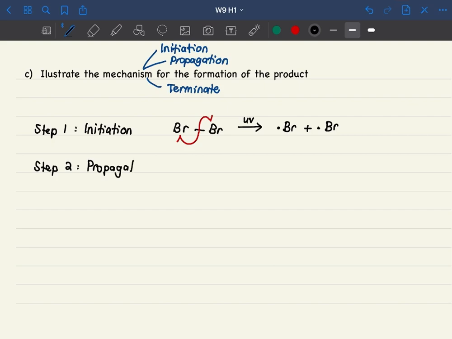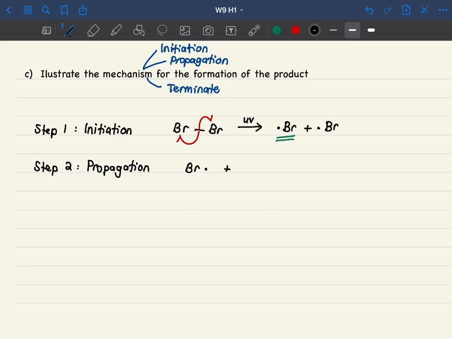During these steps, we're going to form a new radical. This new radical comes from the propane. We already know the radical formed at the first step cannot remain silent, so they are very reactive. They're going to attack other reactants that are around them. So we're going to react this Br radical